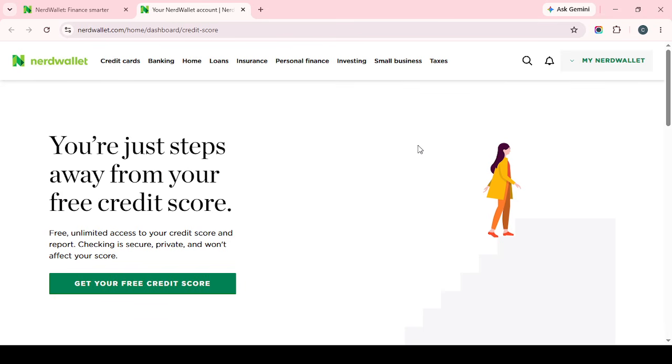Accuracy matters here, because the clearer your dispute is, the easier it may be for the issue to be investigated properly. And that's it. You've gone from opening Chrome and signing in to NerdWallet to locating your credit report, identifying the incorrect or fraudulent item, and starting the dispute directly with TransUnion. If you're working through credit report errors,